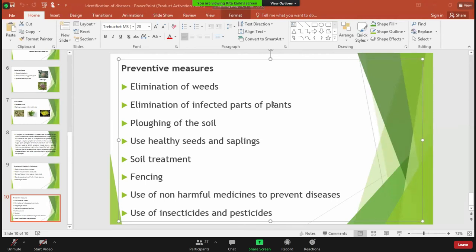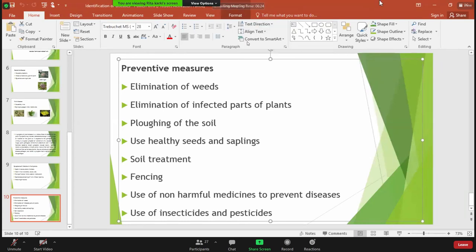Weeds are also plants, but they are the unwanted plants that grow around the fruit tree, and they are very, very dangerous. These weeds may be poisonous types of plants, as well as basically the unwanted grasses that grow around the fruit trees and take up the nutrients that are needed for the plants to grow and develop properly. So it is very essential to remove all these types of weeds,